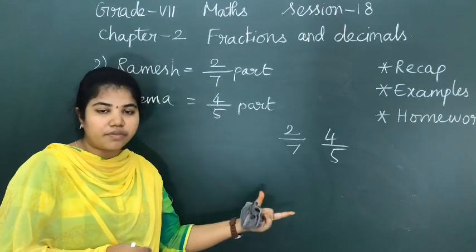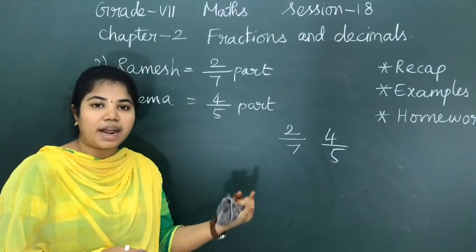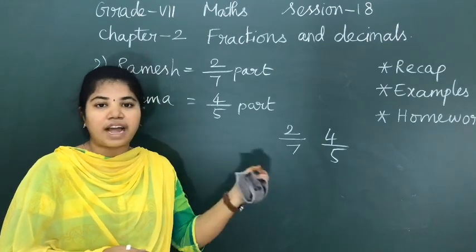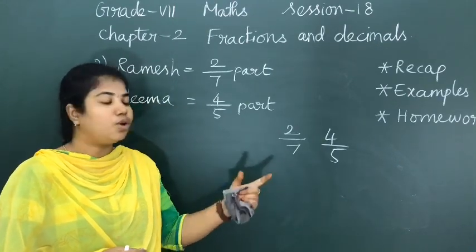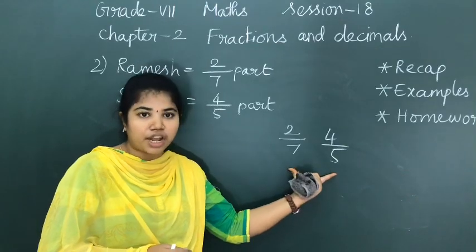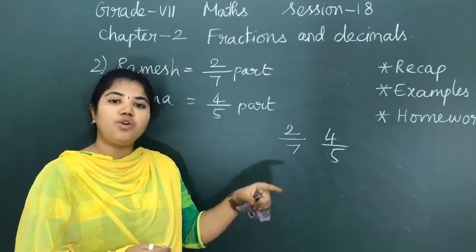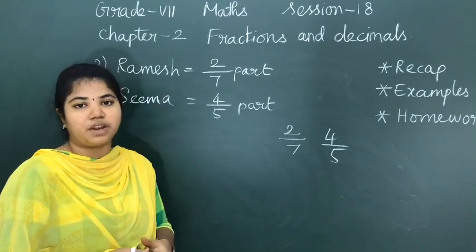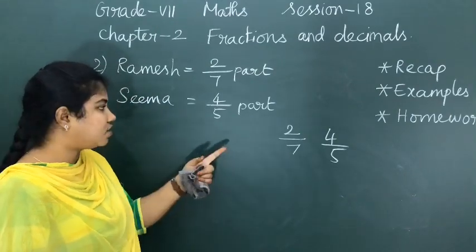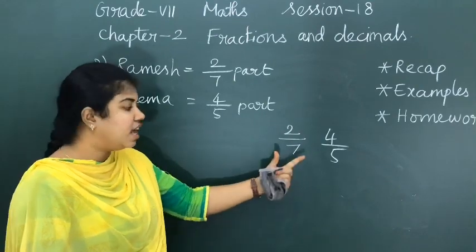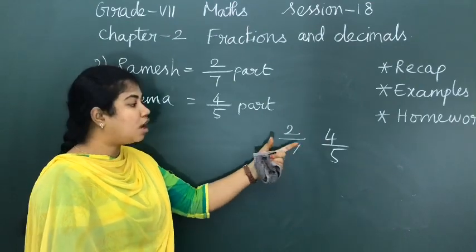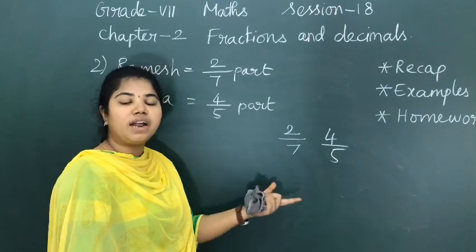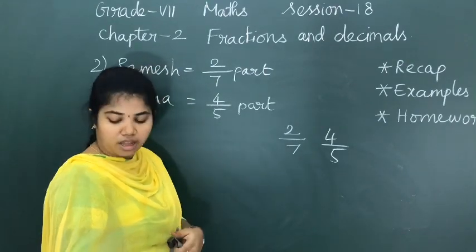If it is like fraction, you can add and subtract the fractions easily. If it is unlike fraction, you cannot add and subtract the fractions. You have to first convert these unlike fractions to like fractions. Then you have to add or subtract the fractions given. Can you understand? So the fractions given are 2 by 7 and 4 by 5. These two are unlike fractions. Now I am supposed to convert these to like fractions. How can I convert these fractions to like fractions? I'll tell you.